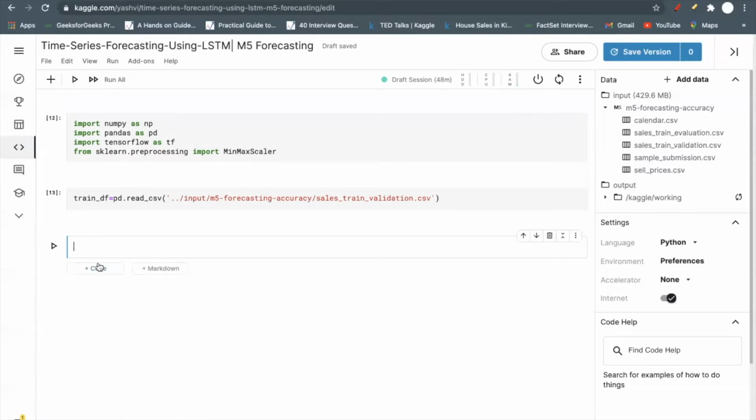So the next thing I will do is reduce the memory size of our dataset. So what I'm going to do: let's say we have data type float64, we will downcast it to float32, and for int64 or int32 we will downcast it to int16. So I'm creating a function which downcasts my data types, downcast data types df.